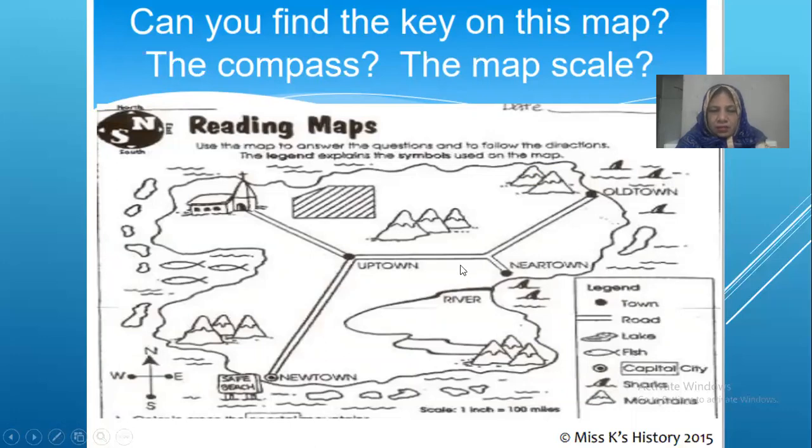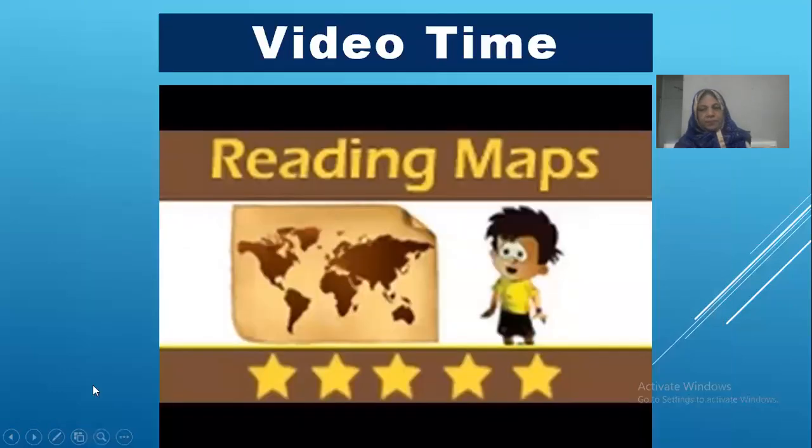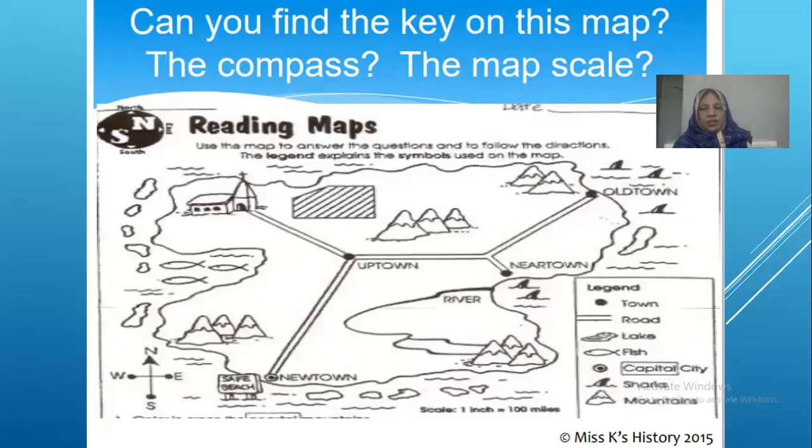Where is the scale? Yes, you are right. This is the scale at the bottom. There is the compass rose, showing the north, south, east, west directions. So what have we done in this session? We have learned how to read a map through its basic components. The legend or key shows the symbols with a brief explanation of what things are represented on the map.